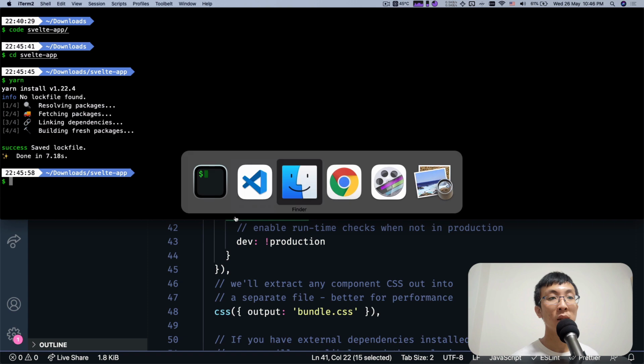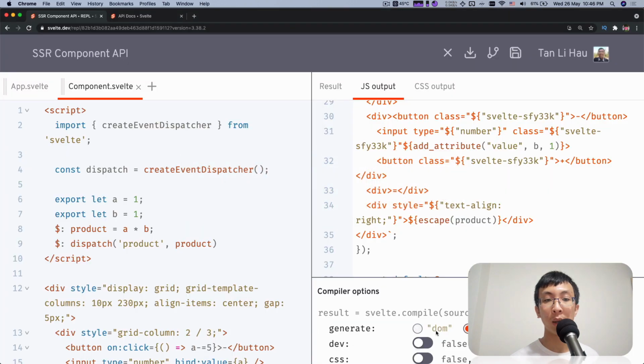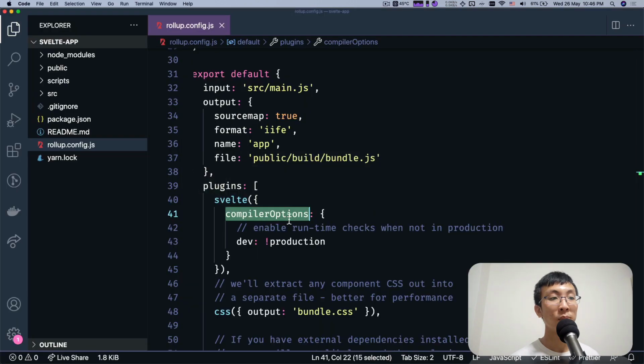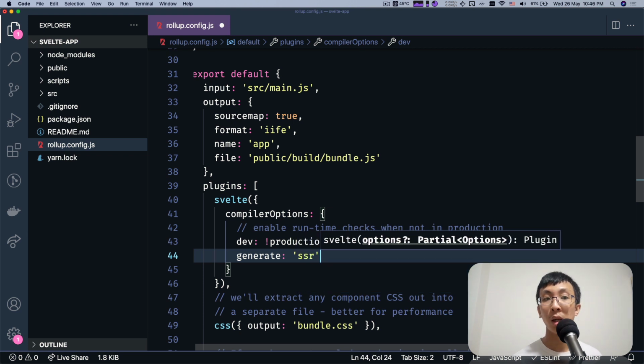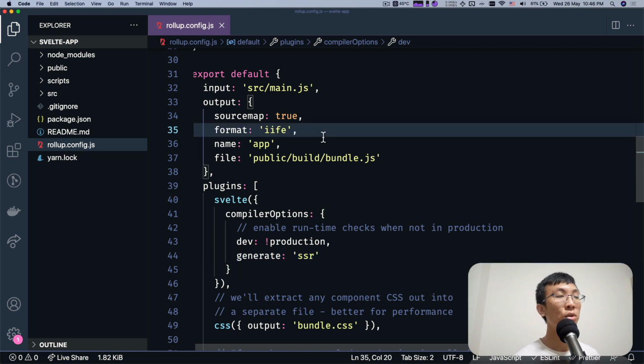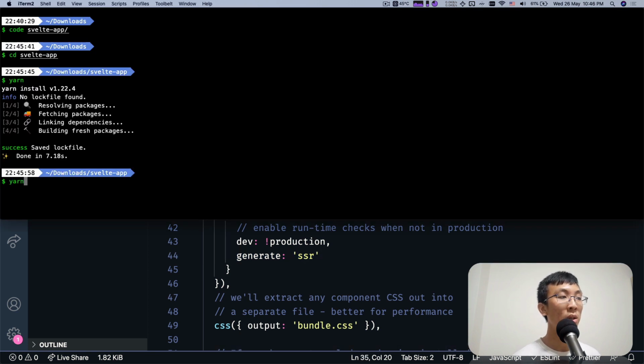This is exactly the same as what we were looking at over here, compiler options. Now I want to change a bit. I want to add generate: 'ssr' so that we are generating server-side rendering code instead. Okay, so I changed it to generate ssr, and now I try to run yarn dev.